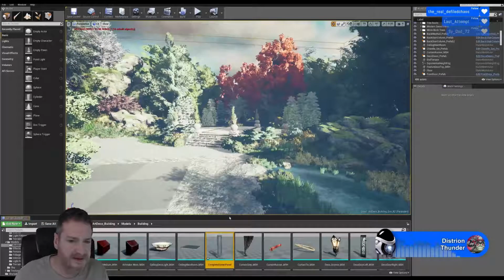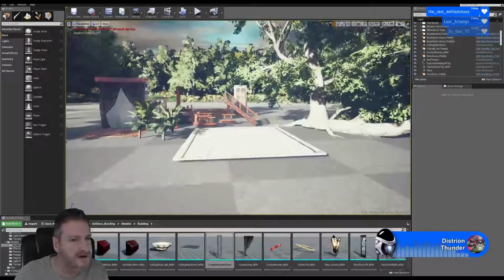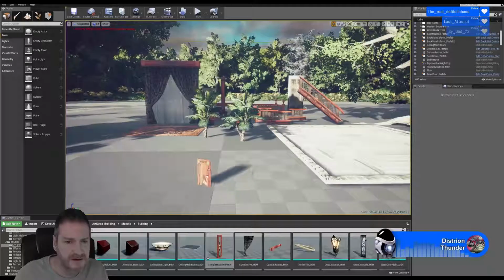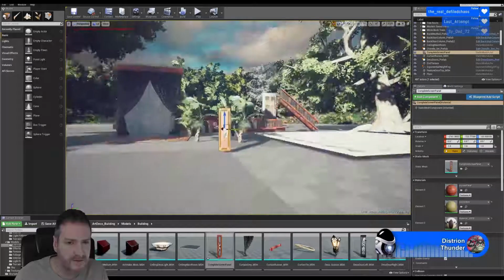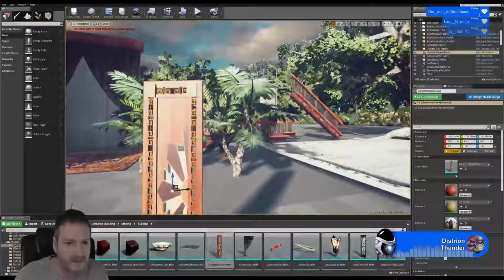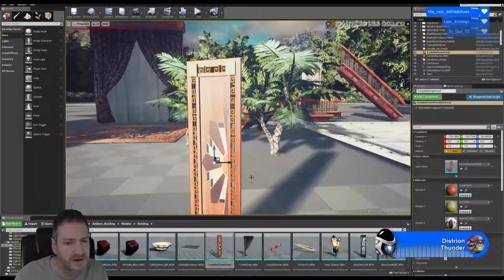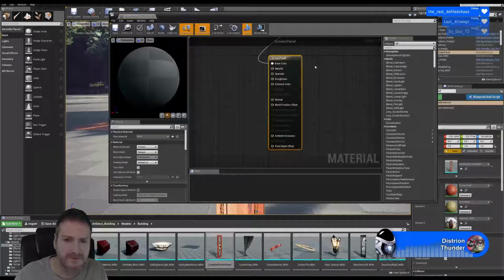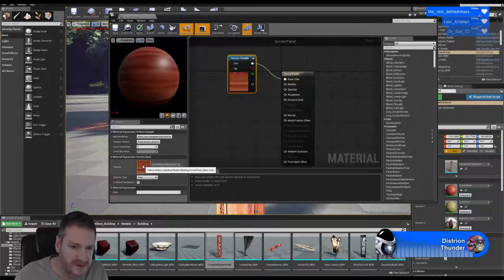Now the reason I place my assets out in the viewport like this when I'm creating them is to make sure that the scaling is looking correct and that the lighting looks right. So let's pull in our panel. And we have to fix our shader up because it hasn't brought in the normal map or anything like that. So let's find our material. This one is